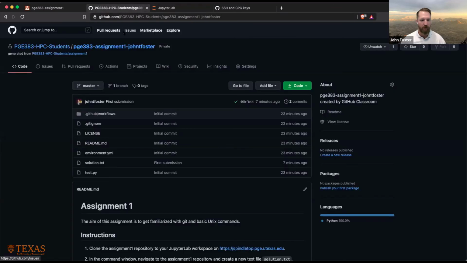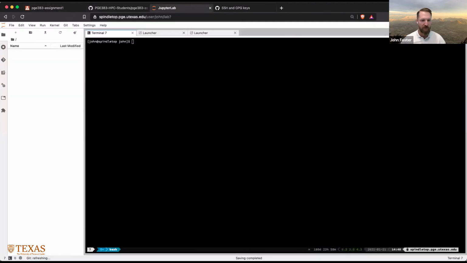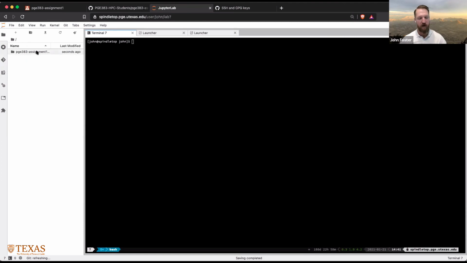I'm going to return to the repository on GitHub. I'm going to go to the green thing. I'm going to copy the URI. And this time when I go to Jupyter Lab, instead of manually typing git clone in the terminal window, I'm going to go over here to the left of the file browser and the third one down. So there's a folder, some kind of stop button, and then something that looks like a little tree. This is a logo for Git. I'm going to click on that thing, and I'm going to click on clone a repository, and then I'm going to paste the URI into the box that pops up and hit clone, and you'll see that automatically cloned the